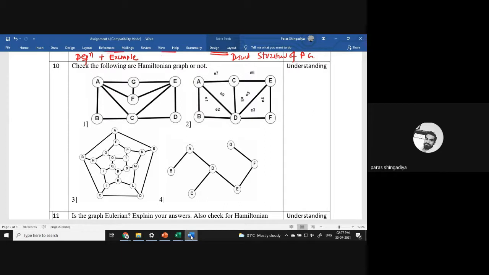Okay, so we already know the meaning of a Hamiltonian graph. We already discussed that in question number 9. What is the meaning of a Hamiltonian graph? Clear? Now you have to check whether this is a Hamiltonian graph or not. So what is the meaning of that? You have to start from some vertex, meaning you have to create one circuit. A circuit means you start from one place, go around, and come back to the same place. Meaning you have to create one closed walk. So you have to create one circuit which covers every vertex of this graph exactly one time.